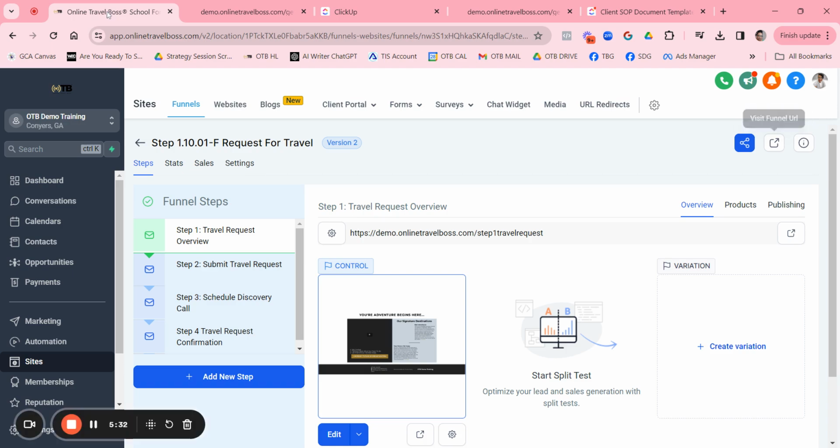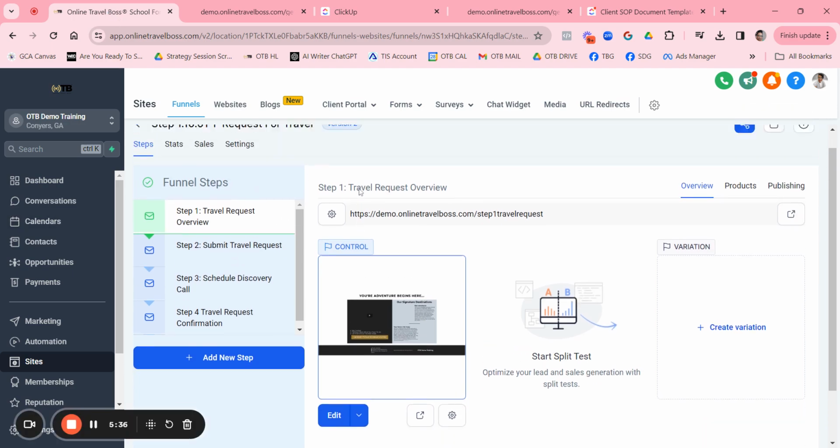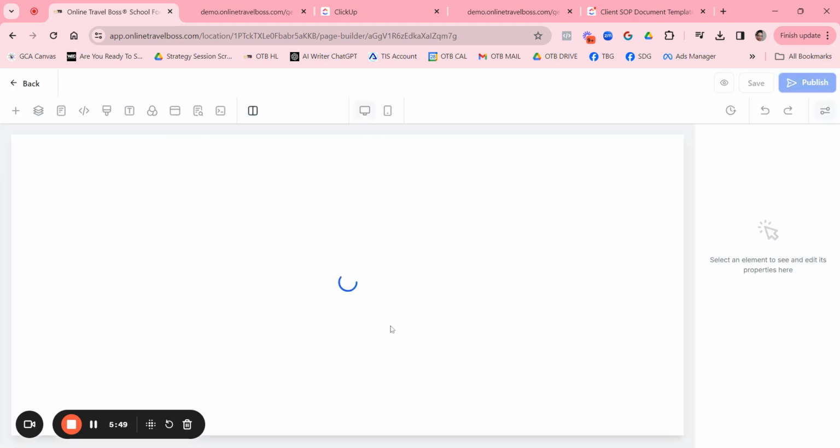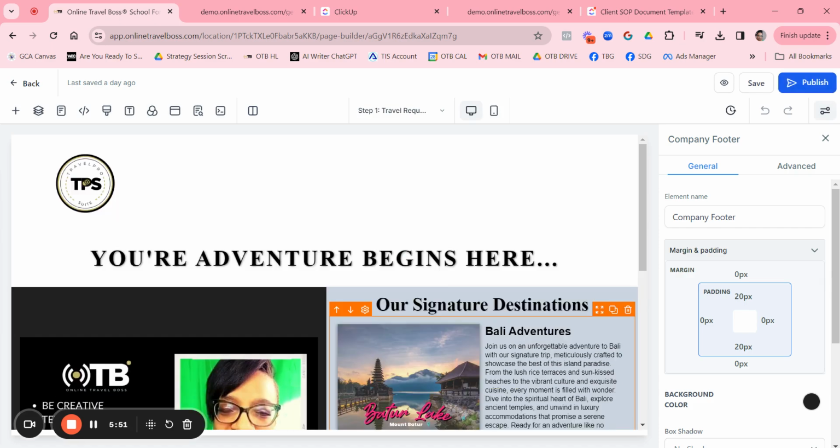All right. So now that you've edited your settings, what we want to do is go through each one of these pages and edit and personalize each page. To do that, you'll click on the first page and click on edit. Key things on this first page that you'll want to make sure that you edit,